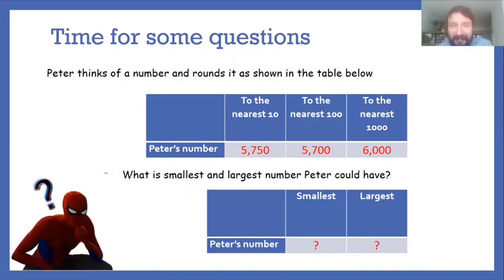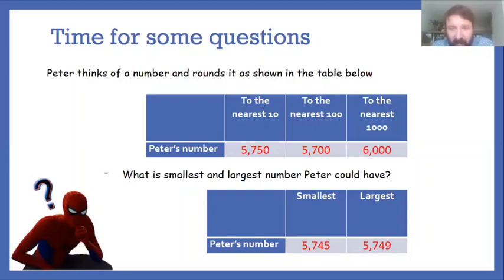Okay, so hopefully you're ready. You've taken your time and had a look through. Let's have a look through the smallest number that Peter could have. So I'm going to have the number 5,750, and I'm rounding it to the nearest 10. So here we go. Let's have a look. Mr. Osborne's got the answer of 5,745. Now, if we take the 5 as our decider and the 4 as our star number there, we know that this number here, the 5, is going to make our star number round up, giving us the 50. So the smallest number that Peter could have is